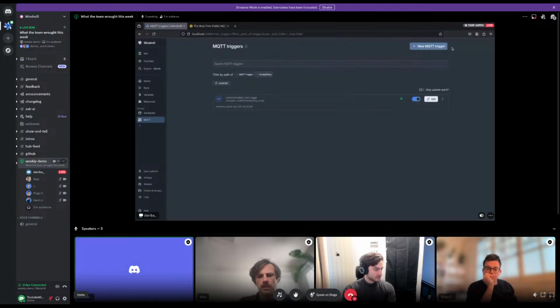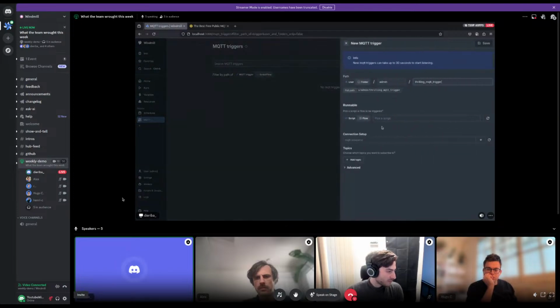This time it's MQTT, so it's like another trigger like Kafka, where you connect to a broker following the MQTT protocol, and you can trigger a script based on some event you received. There is already a trigger that is running, but I'm going to delete it. So to show you how to do it, you have to choose a script like usual, and you choose a